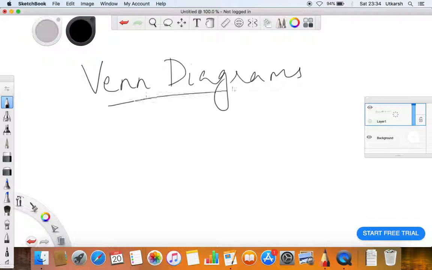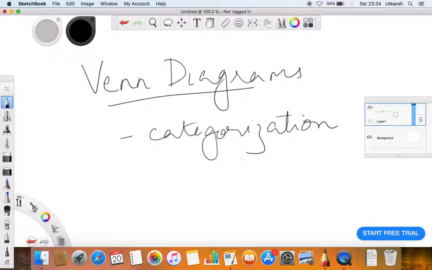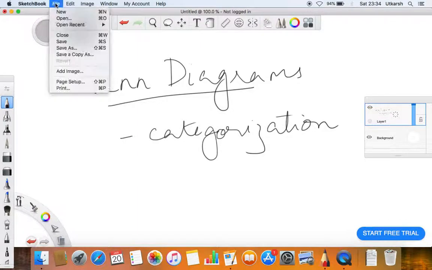So what are Venn diagrams? Venn diagrams are basically used for categorization, right? So what do I mean by categorization? It just means when you divide or classify something according to one quality or the other, right? So say for instance,